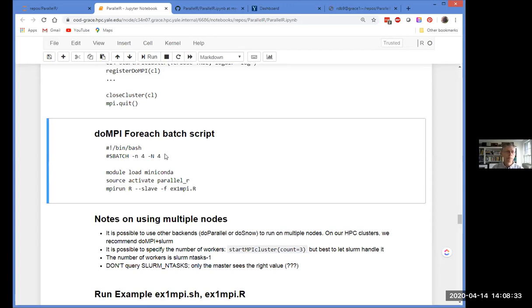For those of you who've been in our intro HPC presentations, you may recall that we say never use these flags. But this is exactly the case where you do want to use these flags, because you're fundamentally running on MPI here. And MPI is the one case where you want to start multiple tasks with -N. Let me show you that in real life.